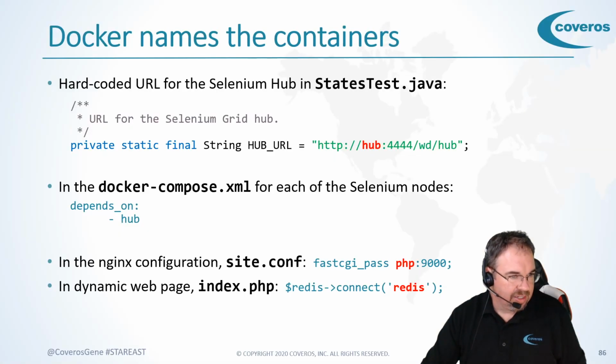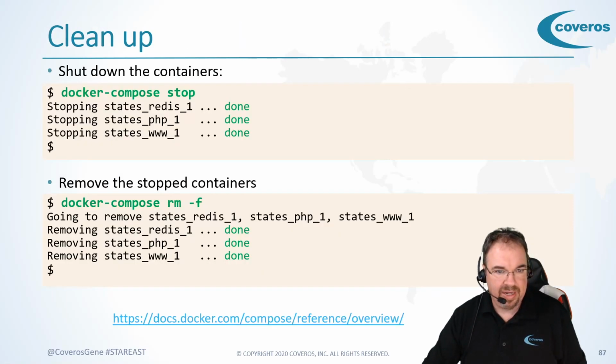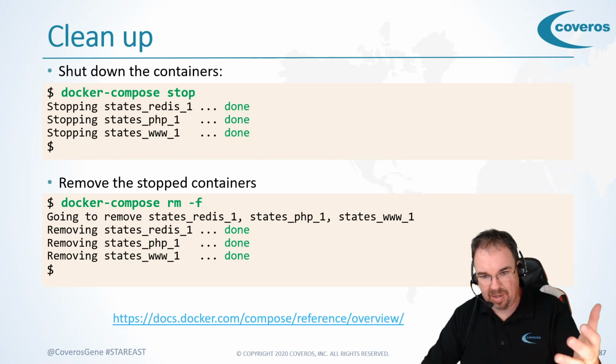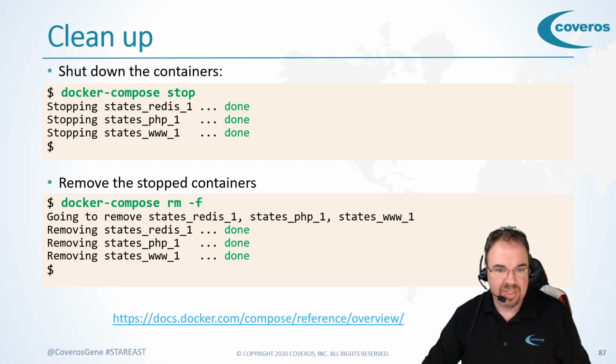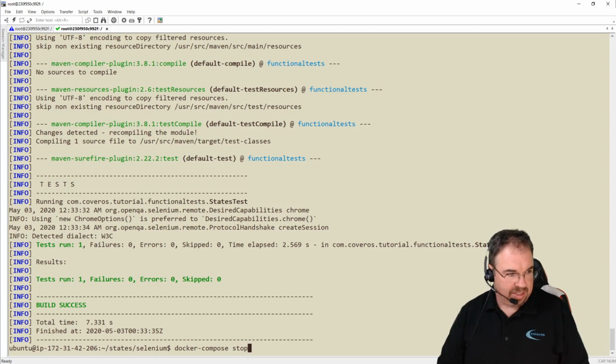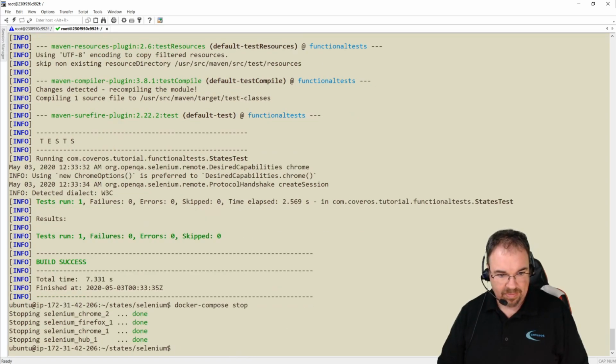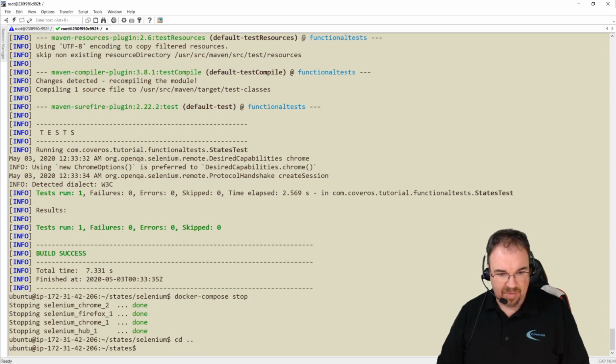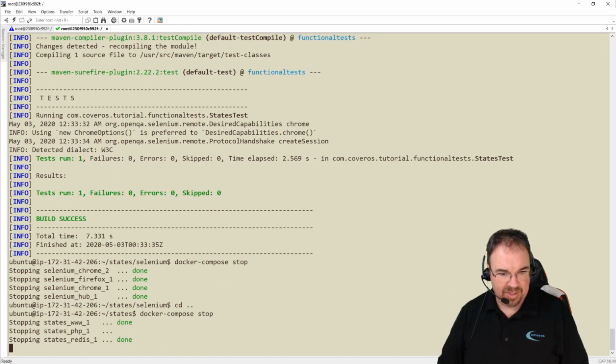All right, so one last thing, we want to go ahead and clean up, and we're going to do that with the Docker Compose stop. We did a Docker Compose up. Sure enough, Docker Compose stop will do it as well, and we want to remove them when they're done. We're going to have to do this twice, right? Because we want to do a Docker compose stop here. Stop those four. I'm going to go back to the states directory and do a Docker compose stop to stop those. And if I really wanted to, I can, in here, I could do the remove,